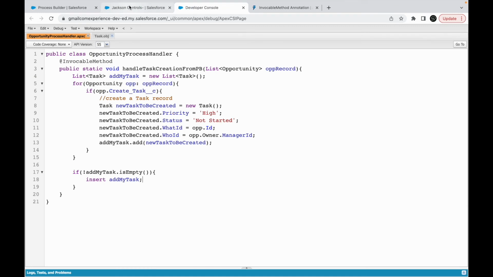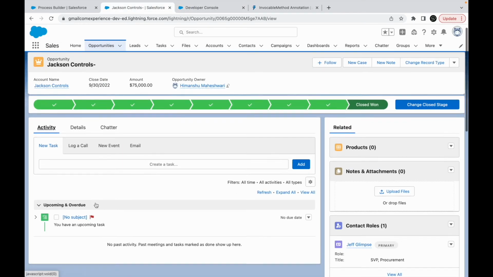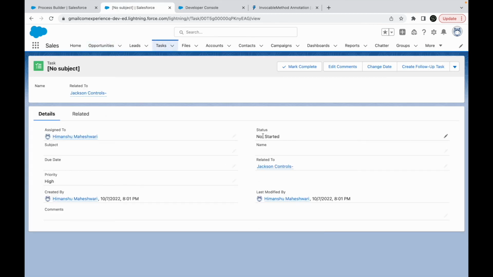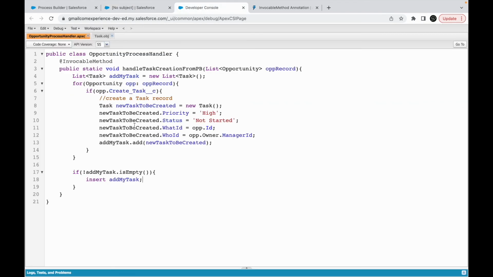And now if I take a look at this record here, let's see activity. I have a task, right? And if I open this task, this is currently not started. I did not put a subject and a due date, my fault, but you see the priority is high and it is related to Jackson controls and assigned to the user who is the opportunity owner, right? All right, so the task has been created based on our Boolean and we have been successfully able to call